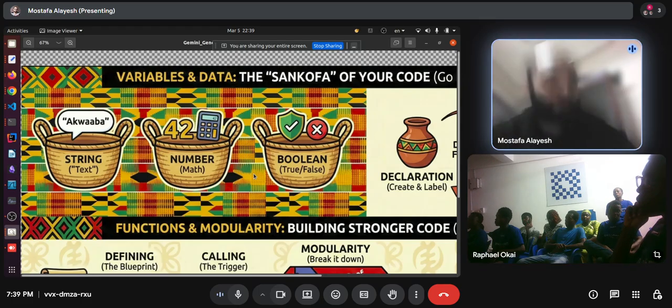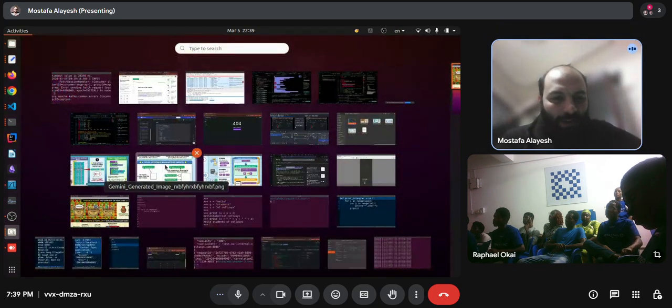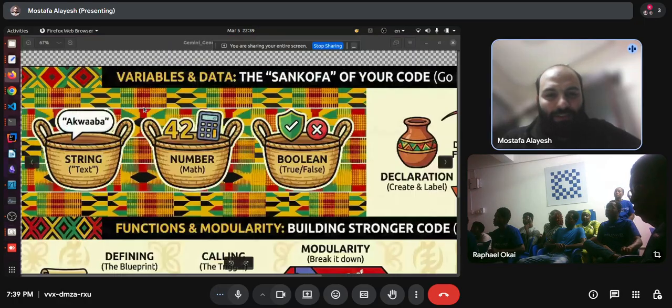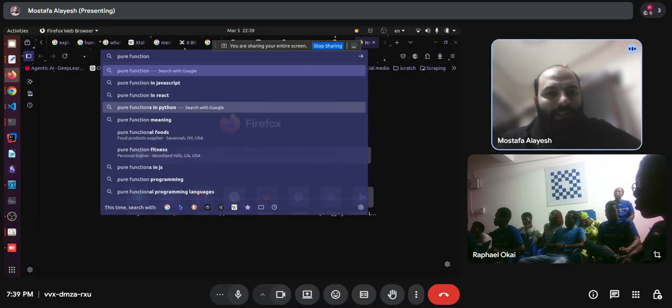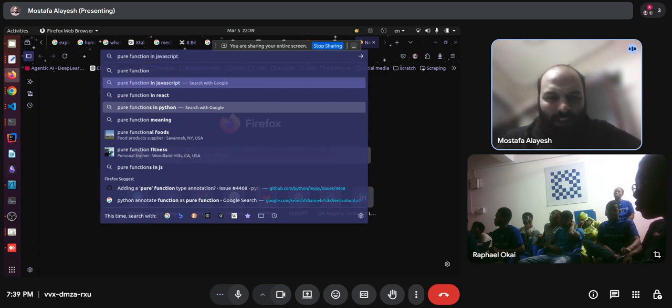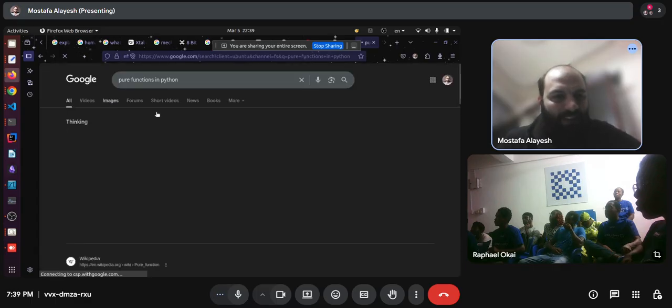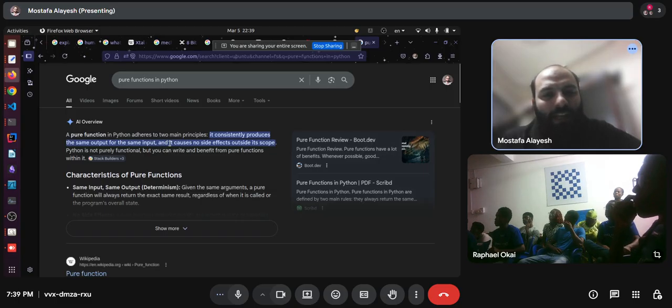So let's search this on the internet first because terminologies differ. And let's say what a pure function is. So I don't know, maybe searching in JavaScript or in Python. So what a pure function is. Consistently produces the same output for the same input, and it causes no side effects outside its scope. Okay, so